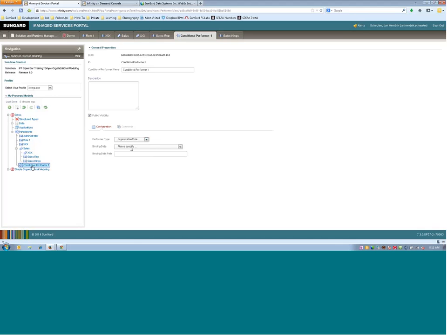Then I can create a conditional performer for this and basically say that at runtime for each process, the decision is going to be made based on a data object,